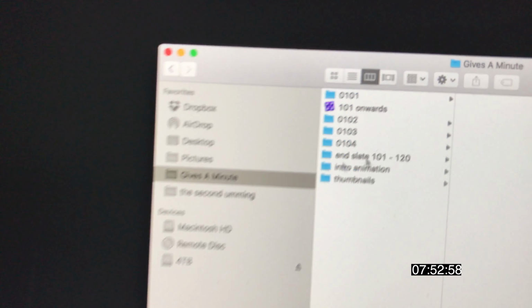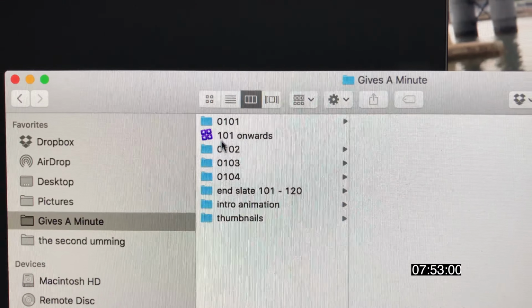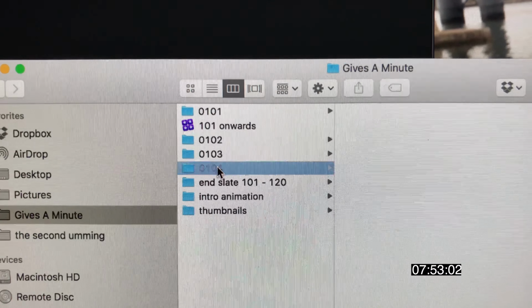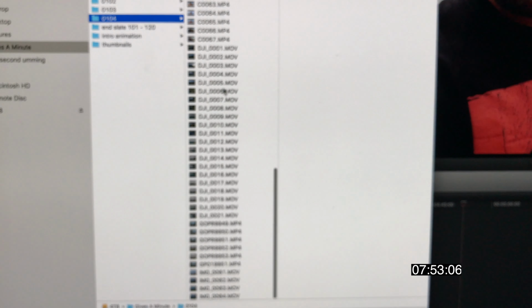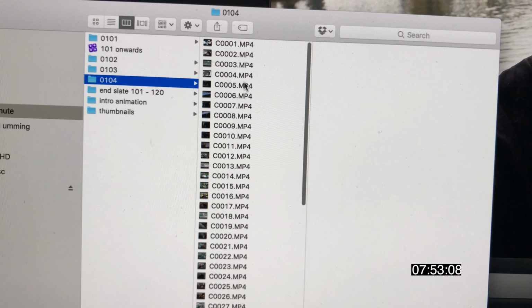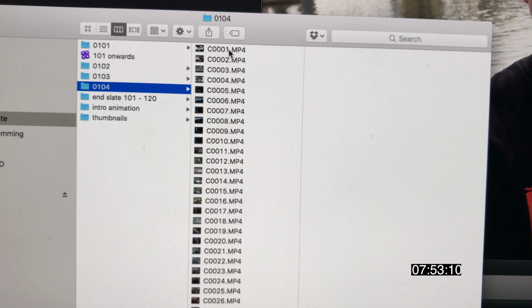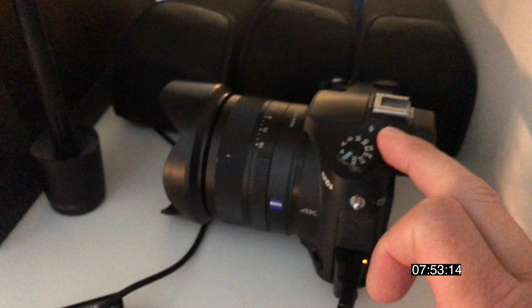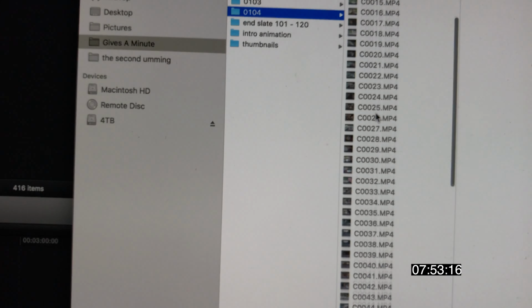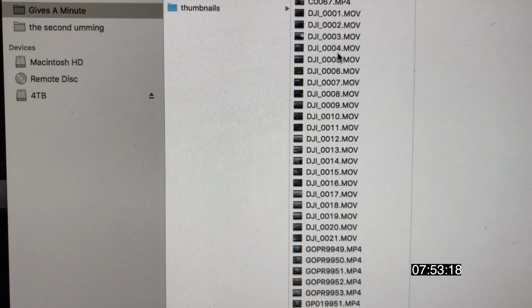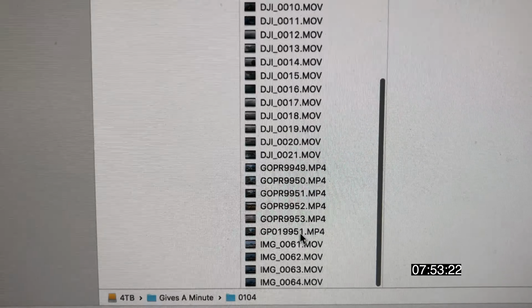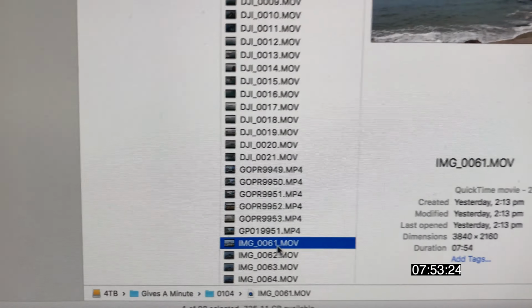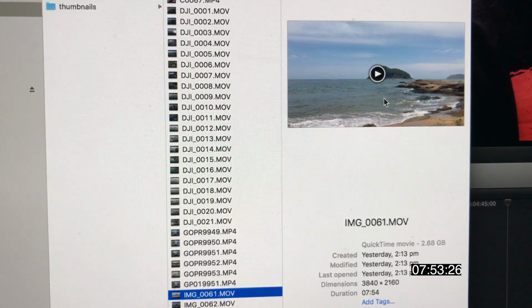So I basically have a folder for each vlog, and I'm up to 104. When I return from Paul's place, I just dump all the footage in there, and you can see the way it breaks down. These ones here are the camera from the RX10 Mark II, and further down, DJI is the drone footage, and then you've got GoPro footage as well. And these ones here are the time lapses from the